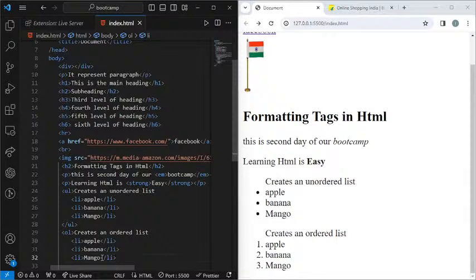Now you can see the difference between ordered list and unordered list. When we are using an unordered list, we are getting the list items in a bulleted form. But when we are using an ordered list, we are getting the list items in a number format. So this is the difference between both. So from here you can understand UL creates an unordered list in a bulleted format, whereas OL creates an ordered list, that is a number list,